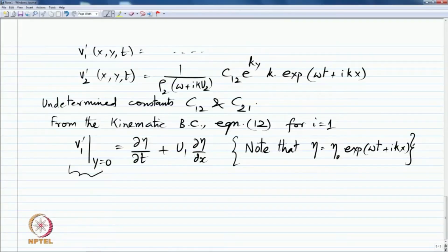So, dou eta dou t plus u1 dou eta dou x is basically an advection of that interface with a velocity u1. u1 happens to be the fluid velocity, the base flow velocity in fluid 1. So, once we figure this out,